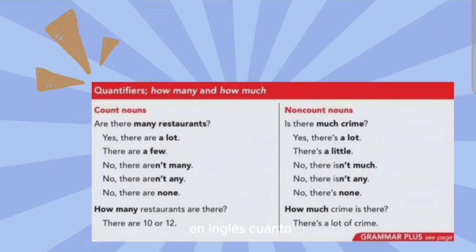In English, how much and how many are quantifiers used to ask about quantity or amount. How much is used with uncountable nouns, things you can't count individually like water, time, or money, while how many is used with